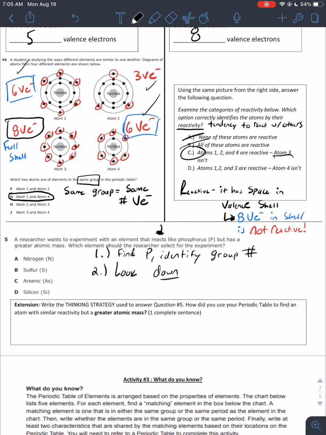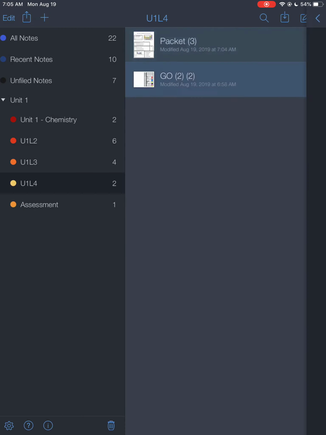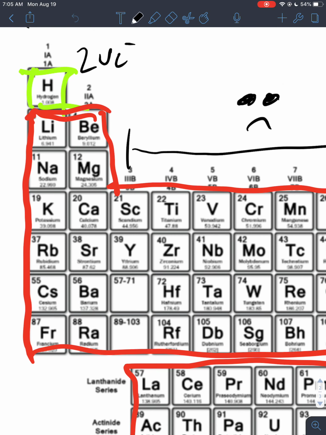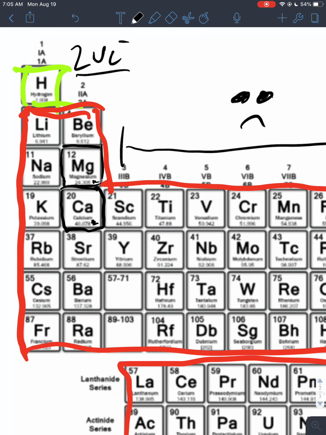down the column. Why are we looking down the column and not up the column? I'll give you a great example using a different atom. Why are we looking down the column? Let's look at beryllium, or let's look at magnesium and calcium. I'm going to circle them. Magnesium and calcium. These both have 2 valence electrons because they're in group 2. But as we go down, we notice an increasing atomic mass. It's really, really blurry, but the atomic mass of magnesium is about 24, and the atomic mass of calcium is about 40. So as you move down a group, the atomic mass increases. You see up here, beryllium's atomic mass is like 9. So going down a group